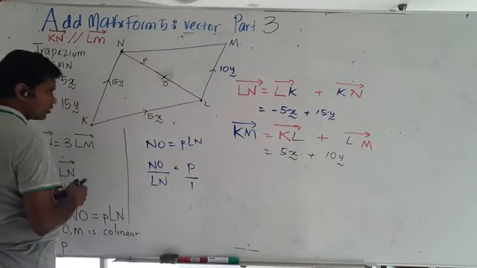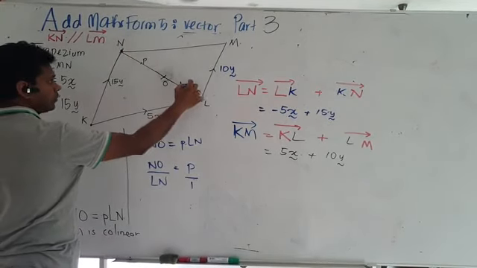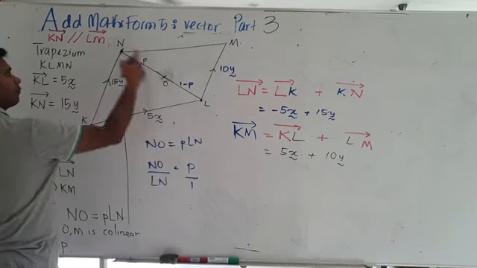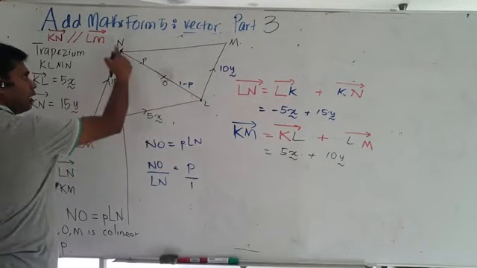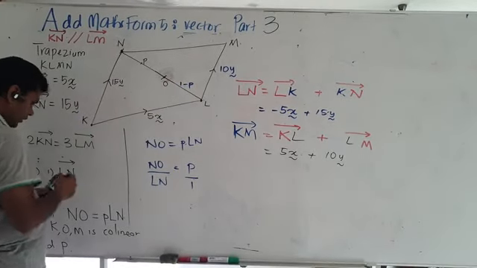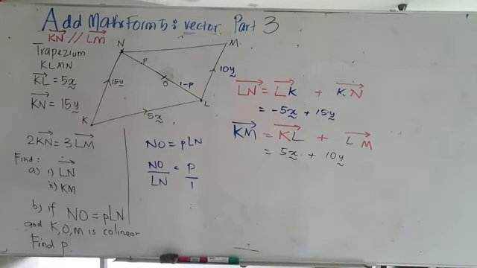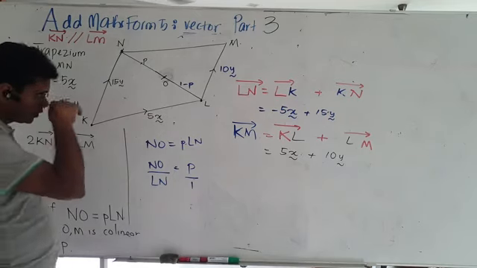What is this? This must be 1 minus P because Ln is 1. So this part is P. What's the balance? 1 minus P is what you get here. So that's what they're showing you here. All right, so here the ratio is understood. Is everybody okay? You have understood the ratio.